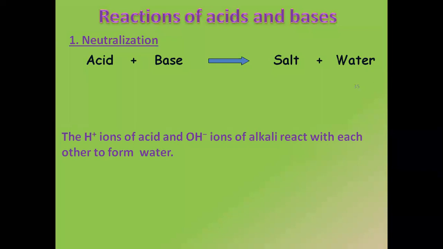What's the formula of water? H2O. And we know here, एक H plus है और एक OH minus है. दो H combine करेगा तो H2 बनेगा और single O. So it makes water. So whatever will be left in that acid and base, that will combine together to give me something which is called the salt.